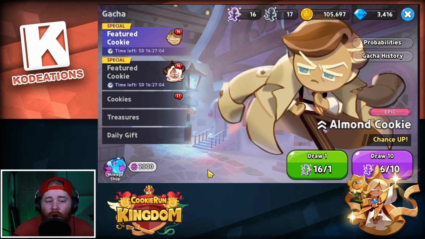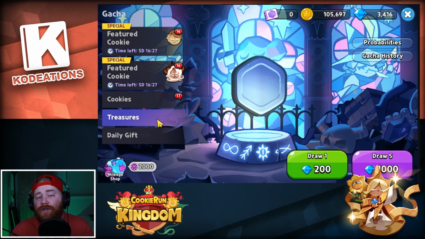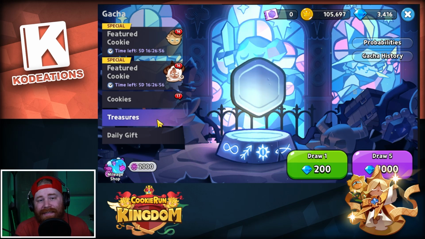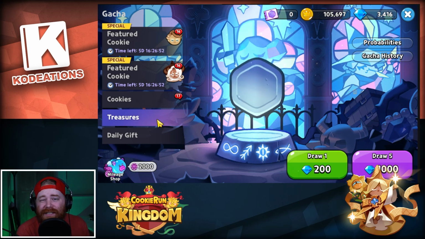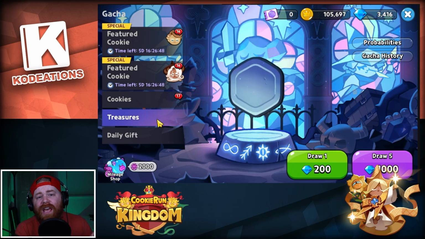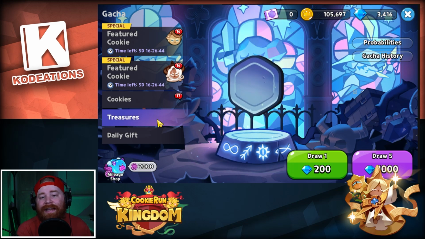The next thing that we've got also included in this Gacha System are going to be the individual treasures. Now, the treasures are just as important as getting the cookies, but they come second. So what I mean by that is invest in the cookies first, get the right team composition and the right cookies that you need for your team composition. Then don't feel bad about jumping in here and investing in some treasure summons utilizing in-game gems,